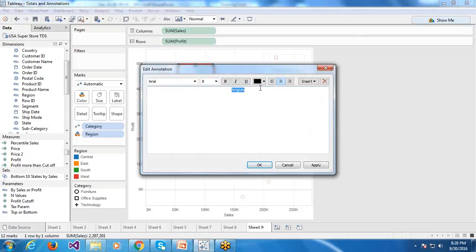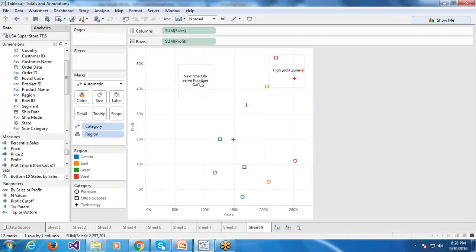You want to notice or observe some category next time, let's say furniture. So you can put an annotation note like this. You can keep it for your reminder, or you can give some instruction for someone else.